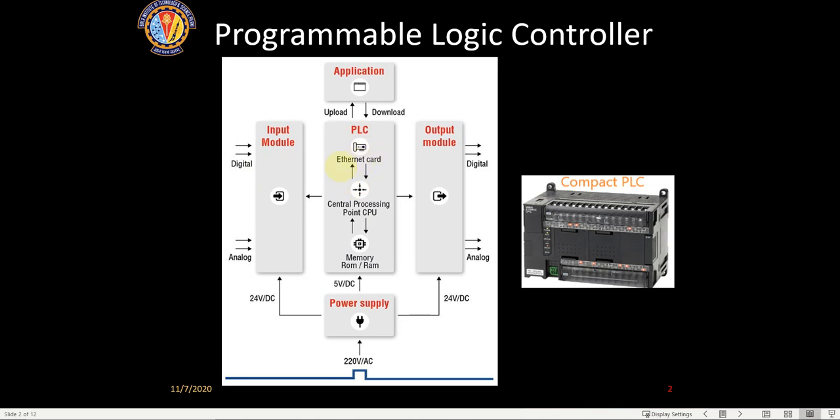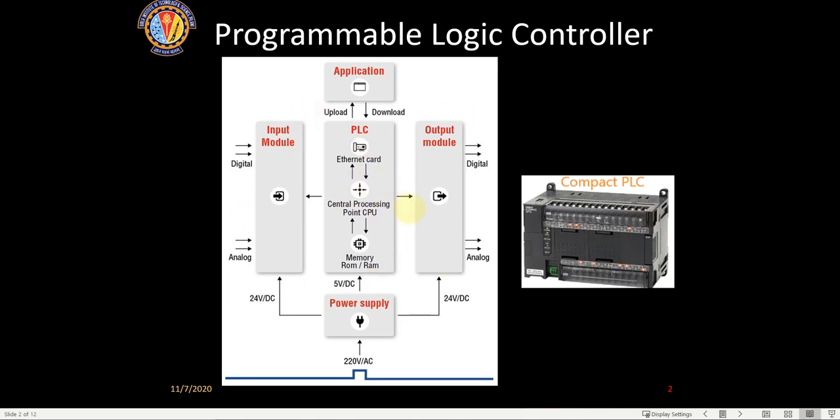So you can make a program based on these inputs. You can either switch on the generator or switch off the generator, or adjust the field currents so that the frequency is maintained. Similarly, the output voltage also can come as an input. So if the output voltage is increasing or decreasing, you could adjust the field currents. So these are all the PLC, you can program the PLC.